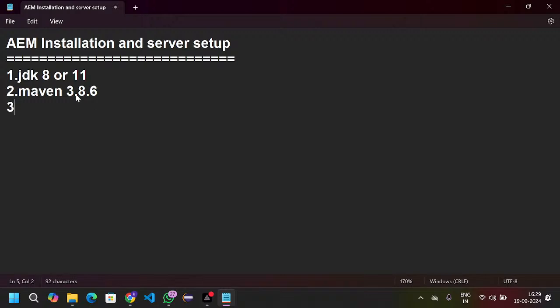Next, third one is the jar file. The AEM 6.5 jar file I have already shared in the drive. You can download that one. So these three are the software, and then IDEs,